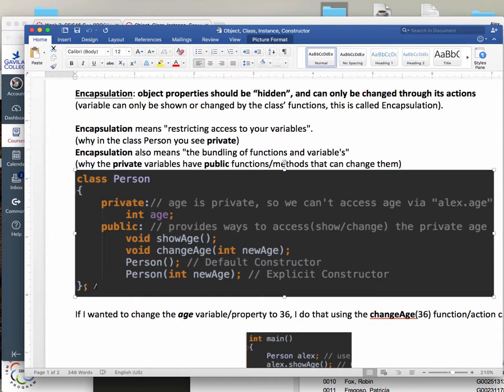Okay, so in this here example, I'm showing you what is an object. Okay, or actually, what's a template of an object? So that's a class. The way we describe how an object is going to behave, which is basically think of it as the template for an object, is using classes. Okay, so this is my class person, which describes what a person will be. To keep it simple, it will just have an age, and then at the very least, like I told you, at the minimum, you need to have a show age, change age to change this,